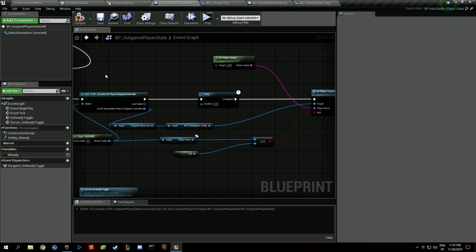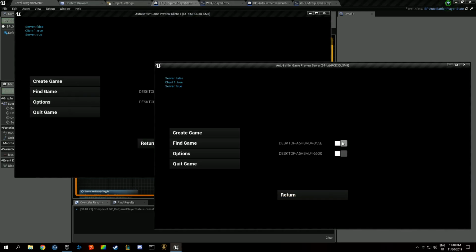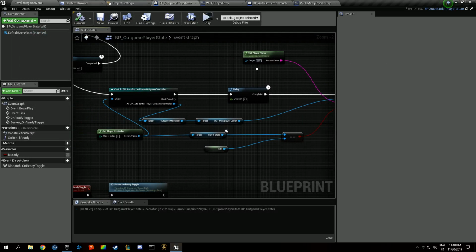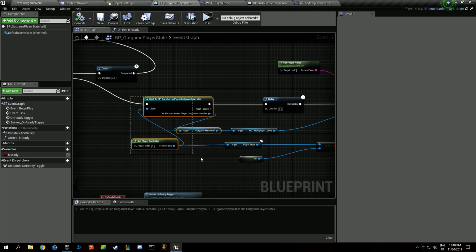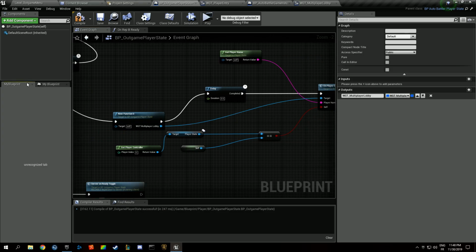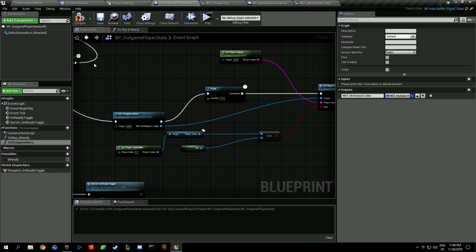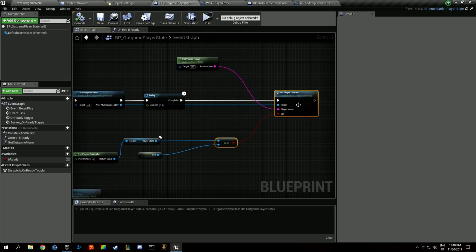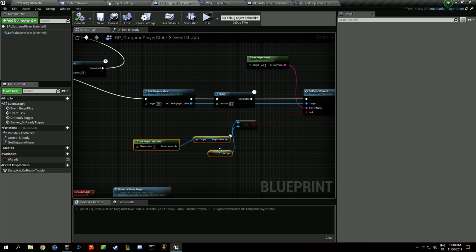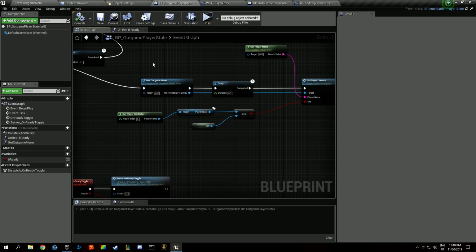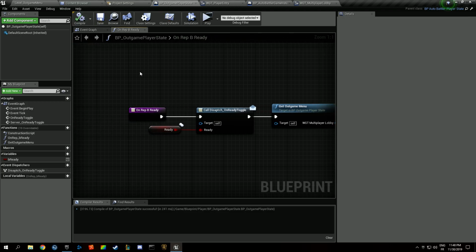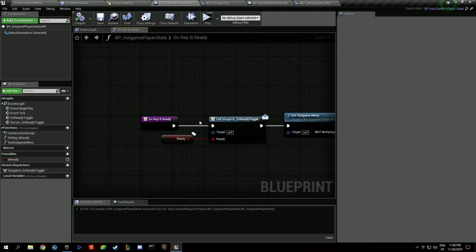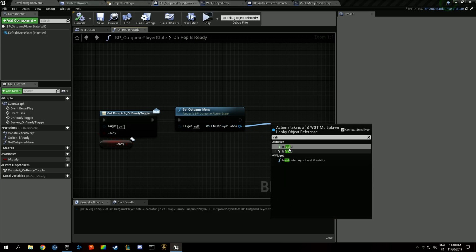Okay. So for now we're just going to make it so we see the checkbox popping of the other player. I think we are all receiving that event. We want to make this a function, get out game menu. We're going to leave the delay for now because the video is already running long and we don't want to be bothered too much with this. So we want to get our out game menu there. We should always be looking to see if we are locally controlled, and we are never doing this, so this is bothering me as well. So if we have a multiplayer lobby there,